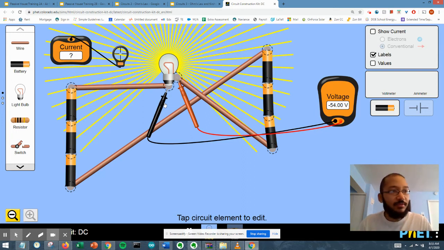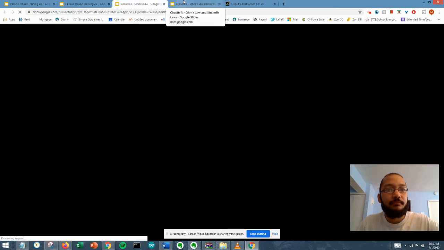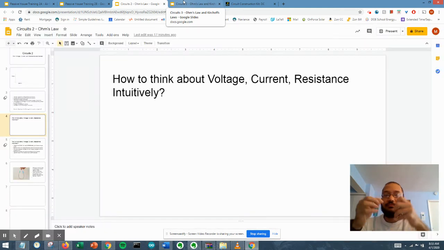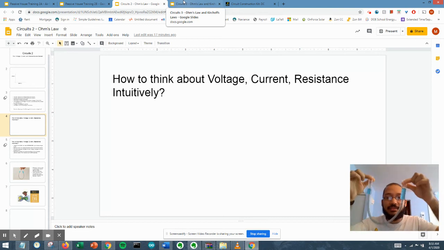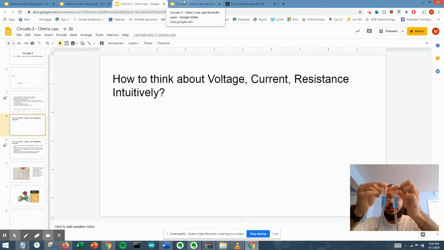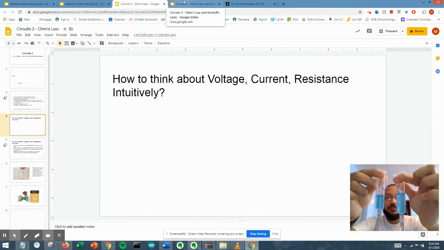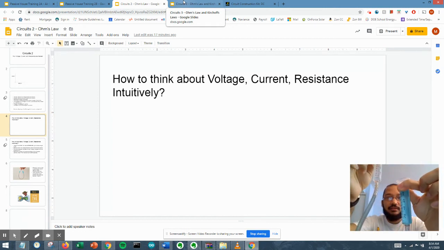So how do you think about this intuitively? I have another analogy. This is my little demo. It's two syringe tubes connected by a thin tube. I put some Gatorade in there so you can see it. And right now, you can see if I lift one, the water goes to the other,